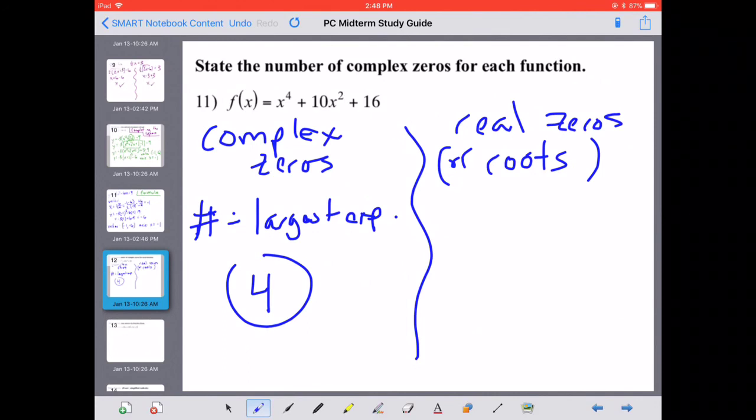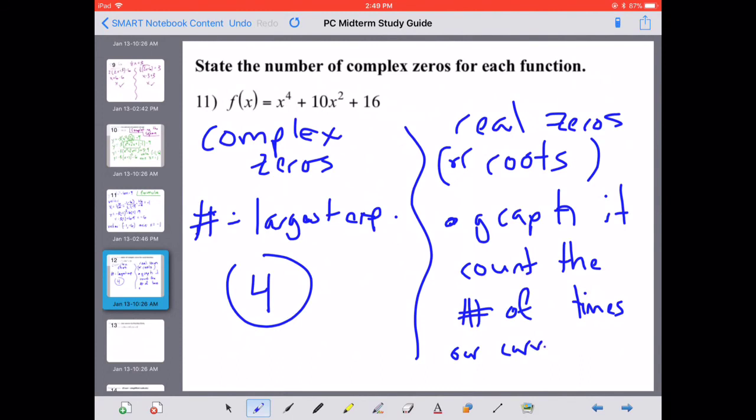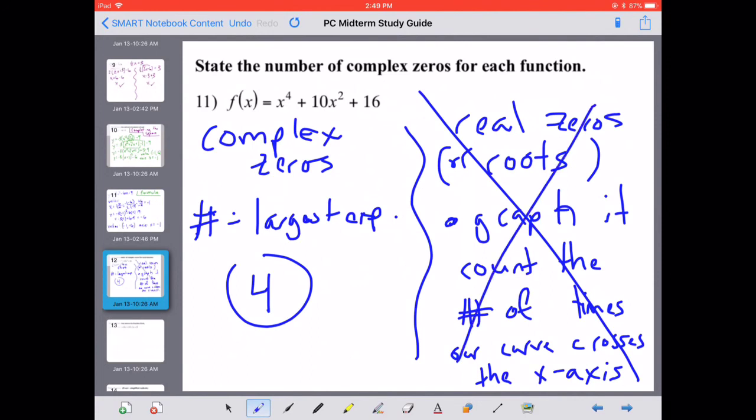To find our real zeros, which are also called our roots, we have to graph it and count the number of times our curve crosses the x-axis. This was not what the question asked, but I did want to go over it